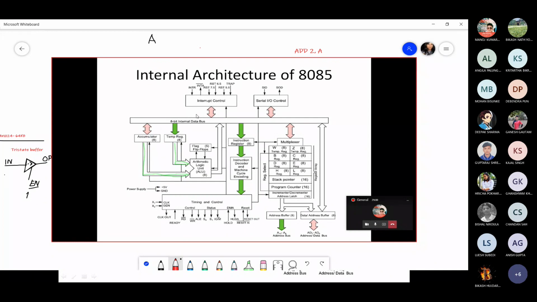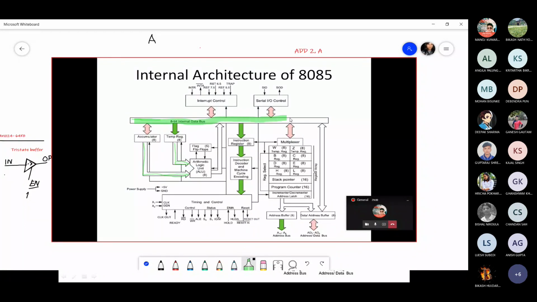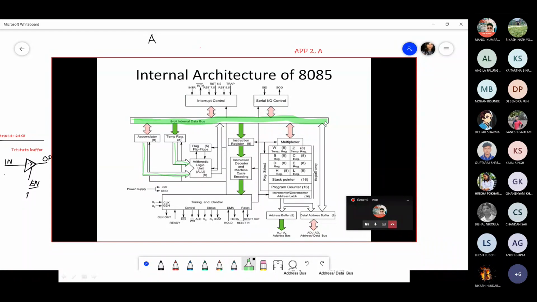Now, the second thing that needs to be discussed is the 8-bit internal bus. So we were talking about the system bus in our previous discussions, which consisted of